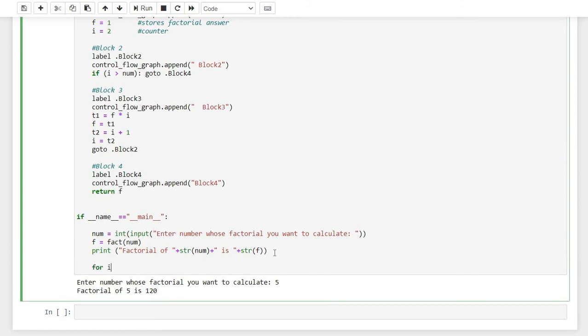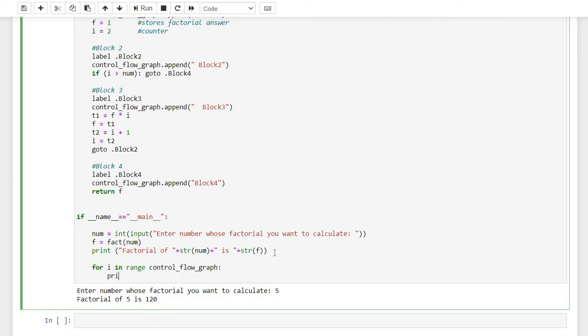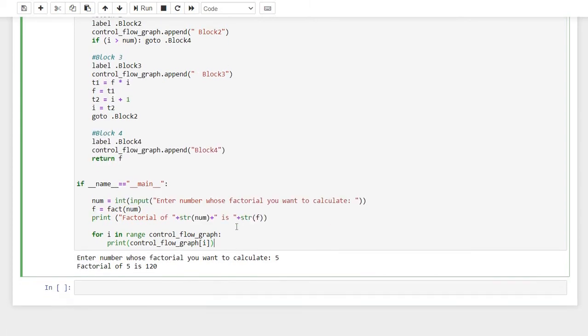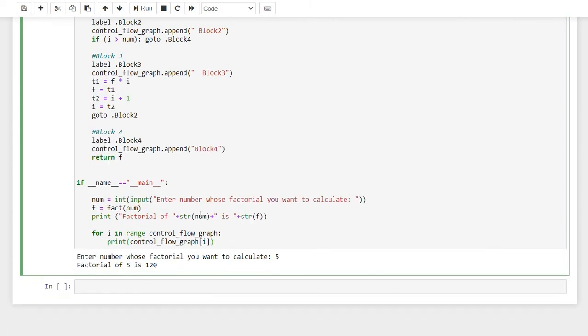So I'll just say for i in range control flow graph, I have to print control flow graph. I did this so that I get every block written on separate lines.